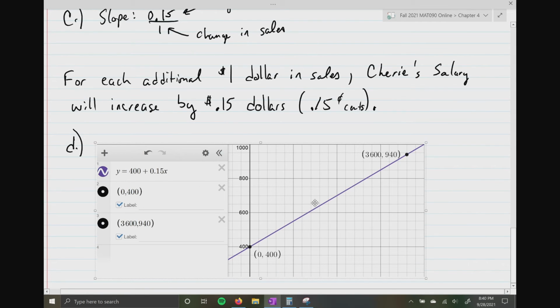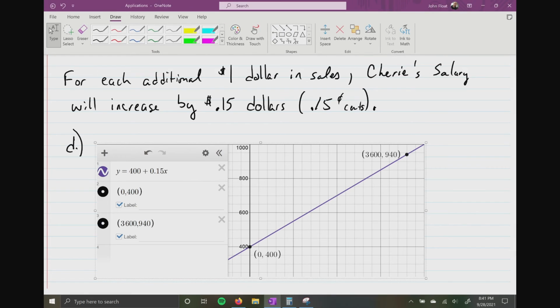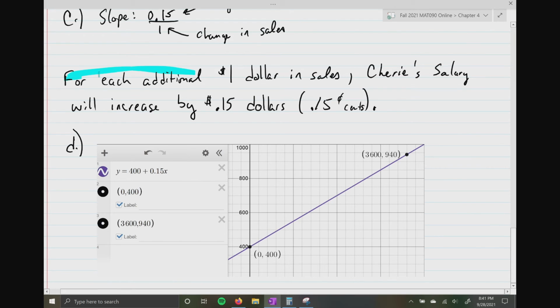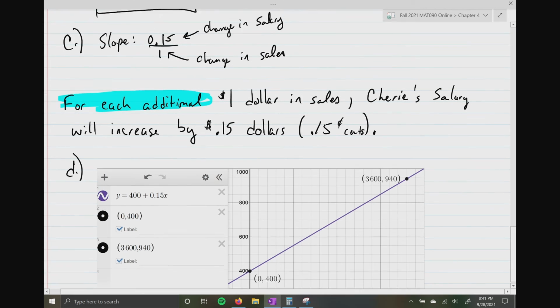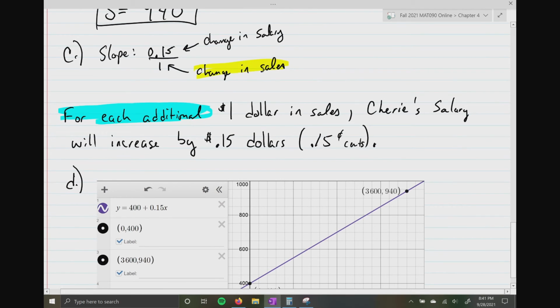All right. Every single problem that you do when you interpret slope is done the same way. Basically, you're going to keep the words for each additional, okay? And then you're going to write, and I'm going to color code this for us here, you're going to write whatever this is, all right? So for each additional $1 in sales, okay? Sherry's salary will,